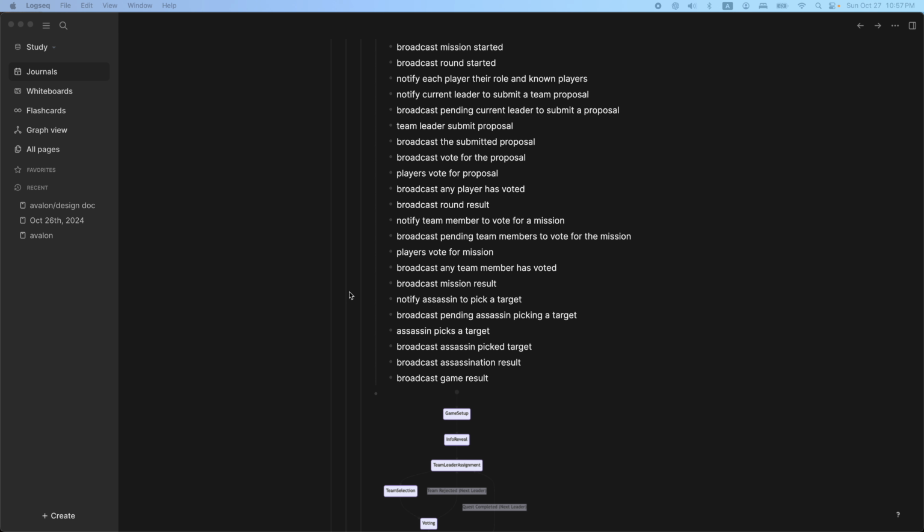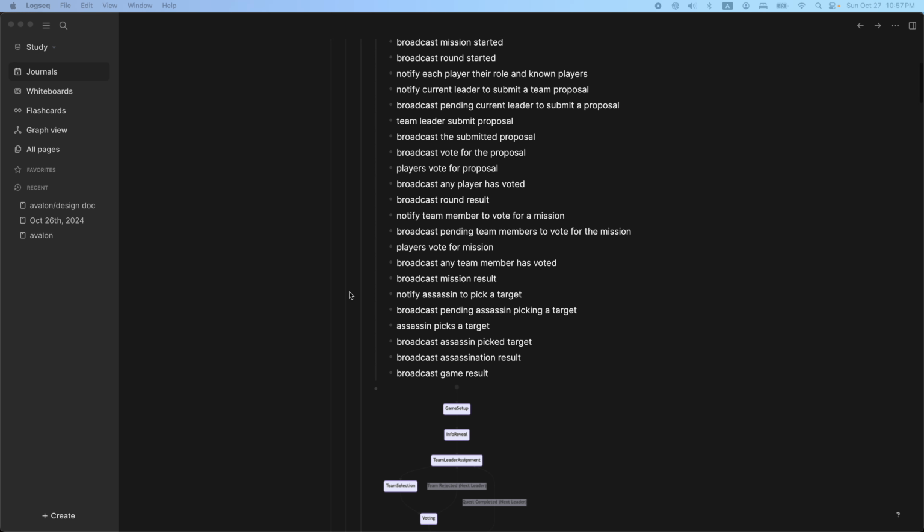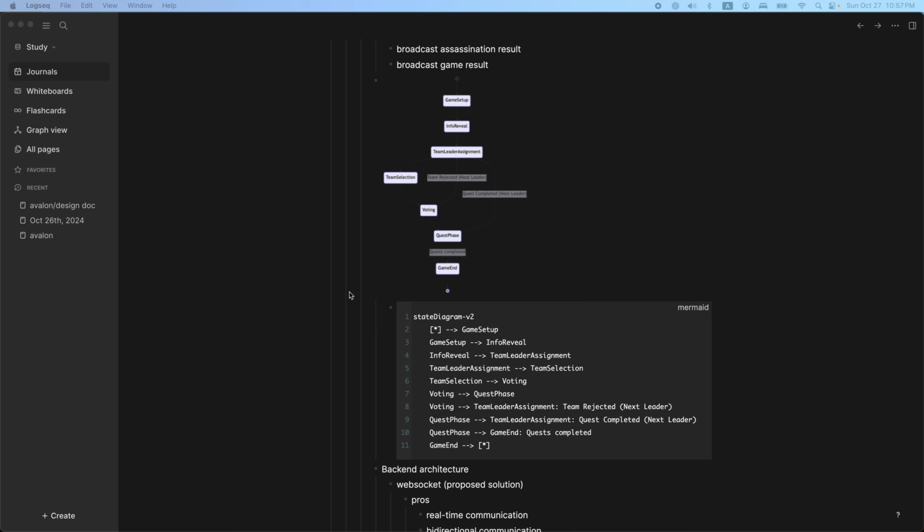And once the assassin will have to be able to submit a target to the backend, and the backend will have to broadcast that the assassin has picked this particular target, and tell everybody if this is the role of that particular person. And once that is done, the backend will have to broadcast the game result, whether the good team or the evil team has won. So this is a typical state machine, and